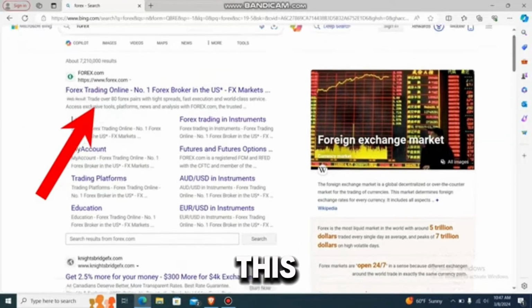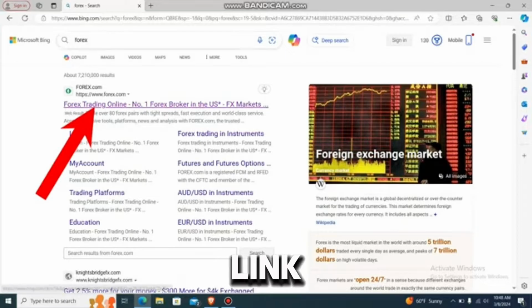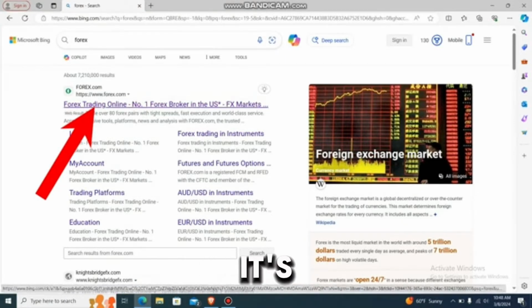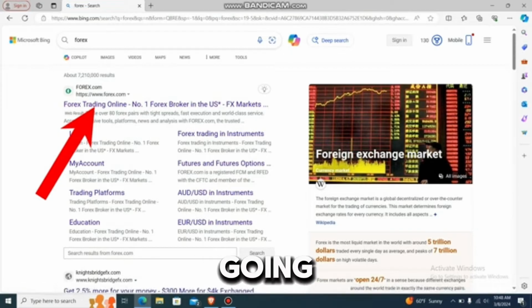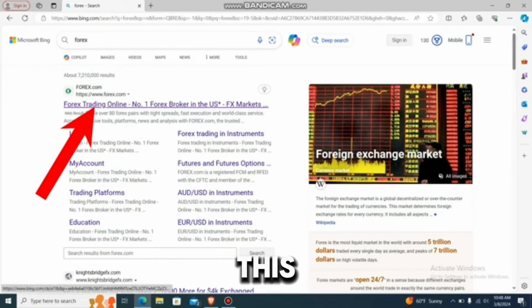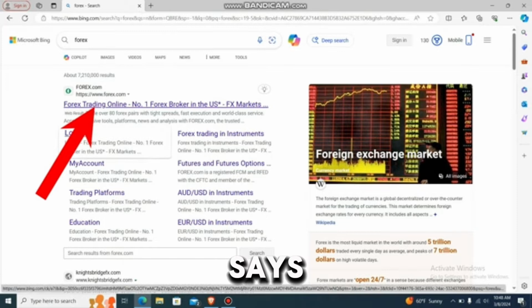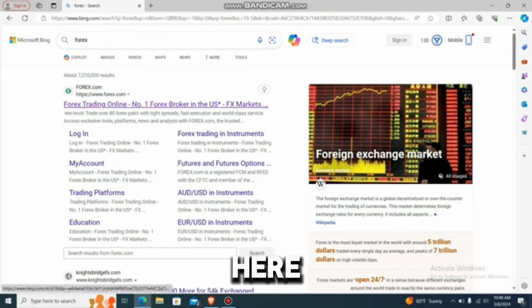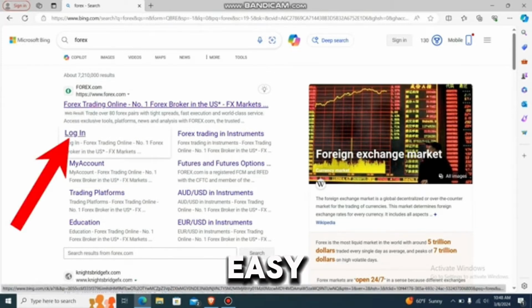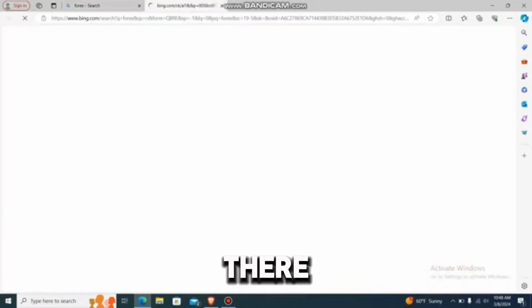Then you'll be on this platform. Over here, this is the first link, which says forex trading online, which you'll be going through. You can even use the one that says login. So you can go over here or you can go over here. It's easy for you to choose this login option. So just go over there,